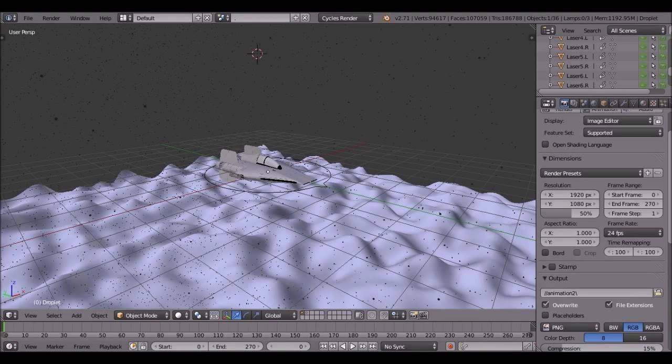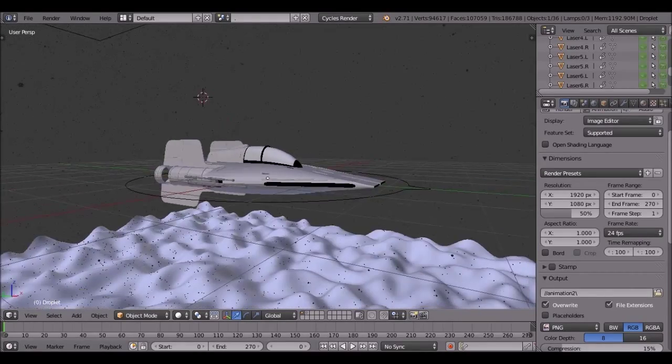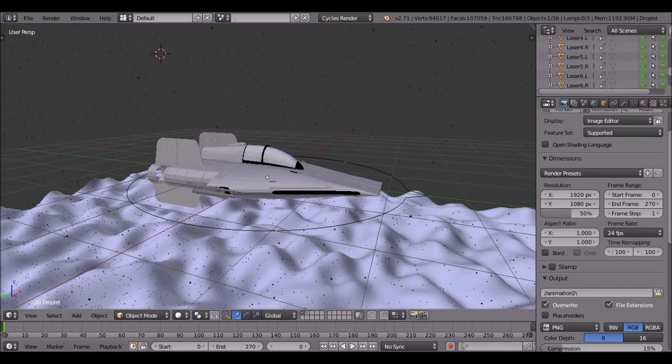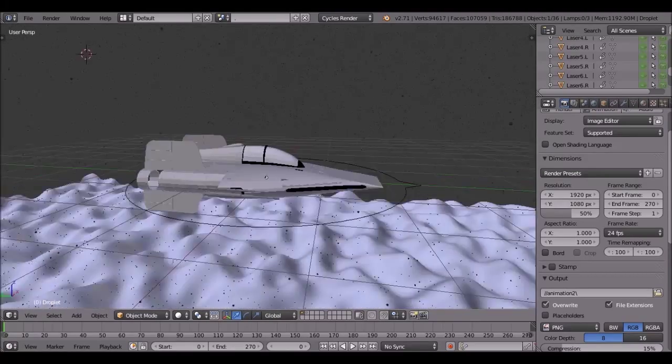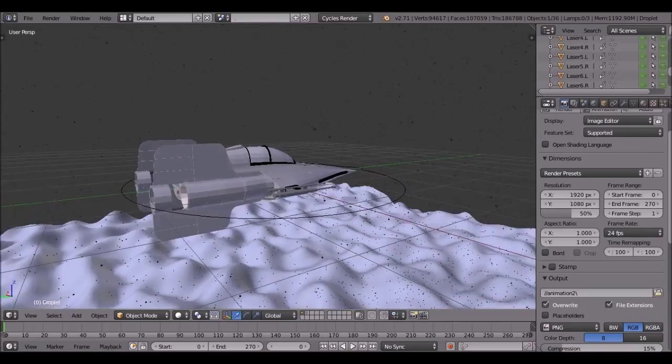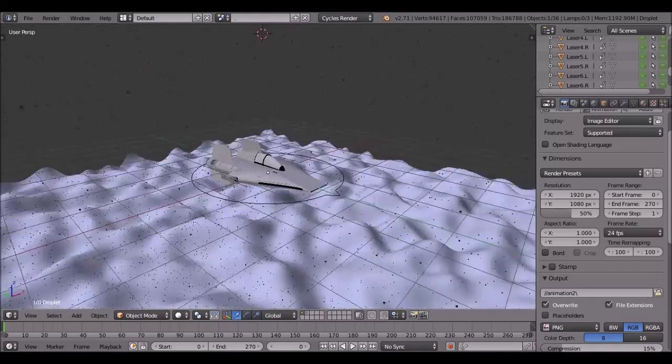But I wanted to try animating a little more, and so yesterday morning I grabbed a ship model from online. I didn't model this myself, but this is an A-wing from Star Wars. It's a very fast little ship, and I will link the artist for this model in the description below. But I took this model, I had to retexture it a little bit because the texturing was a little wonky. I rigged it with a bone structure so that it was a little easier to control, and then I set up